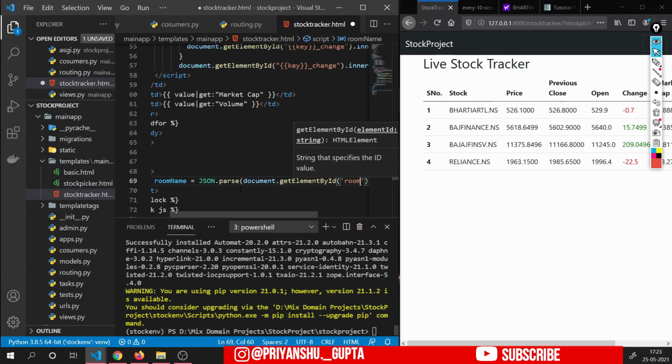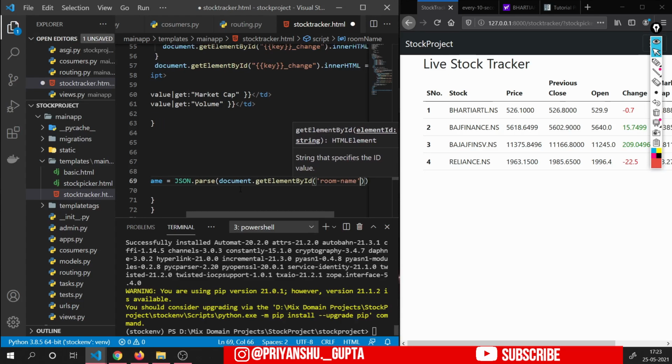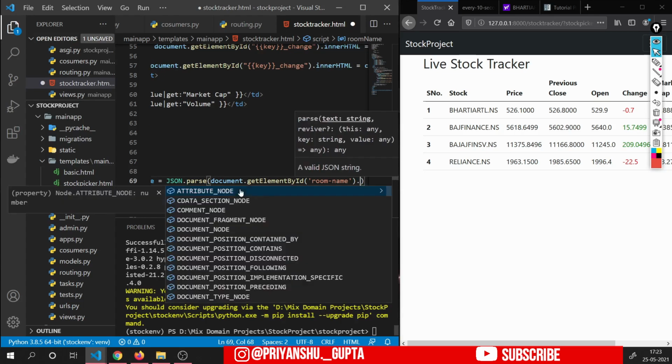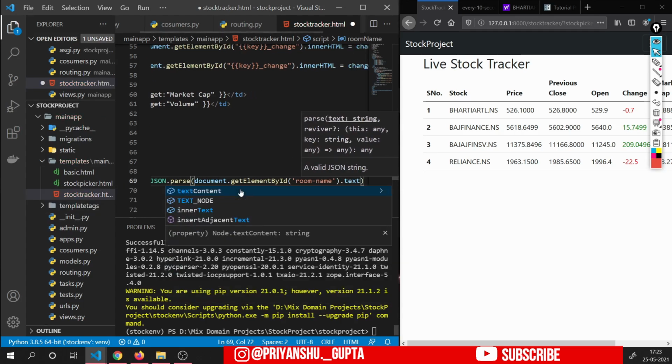We will pass this room name in the context data to the front end. Room name dot text,